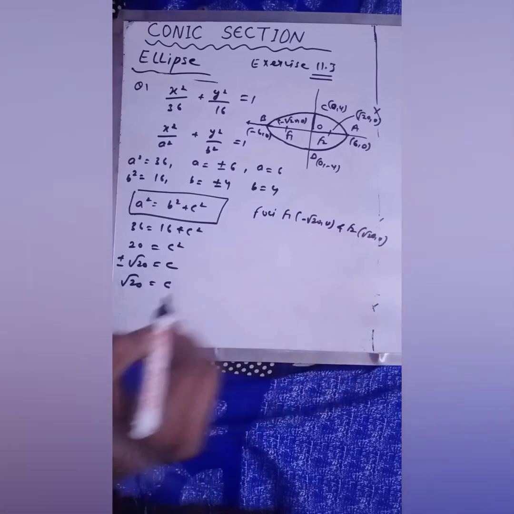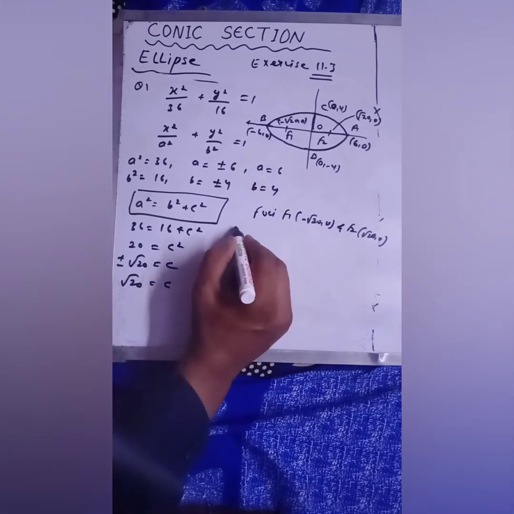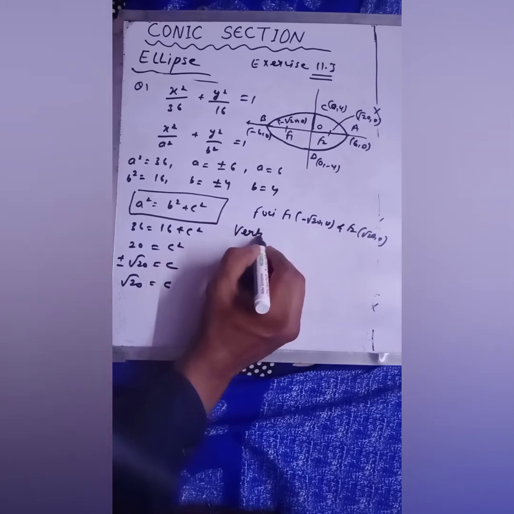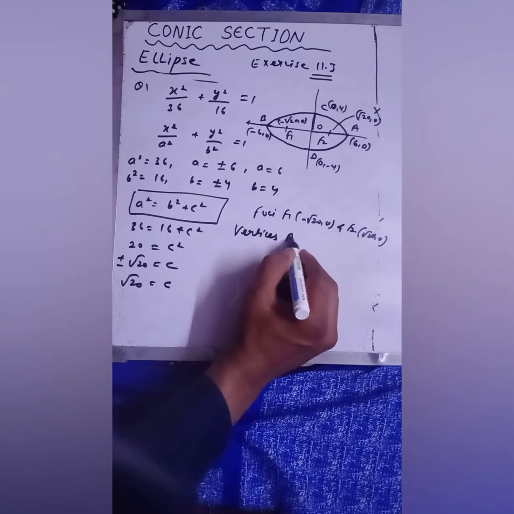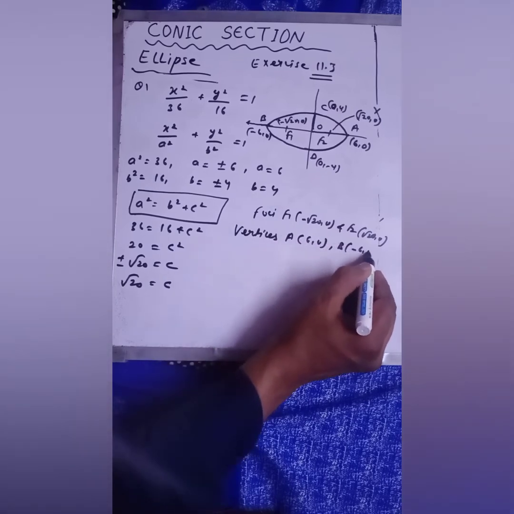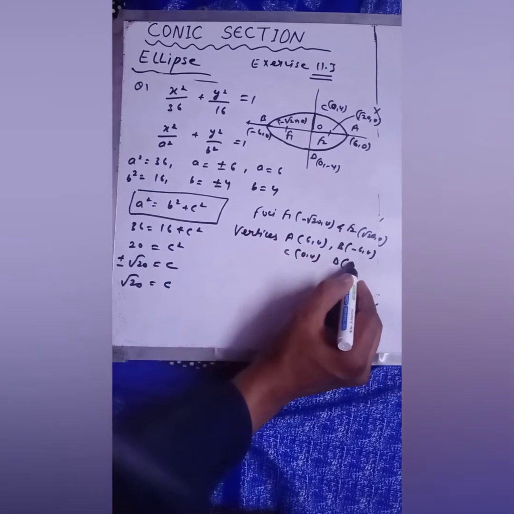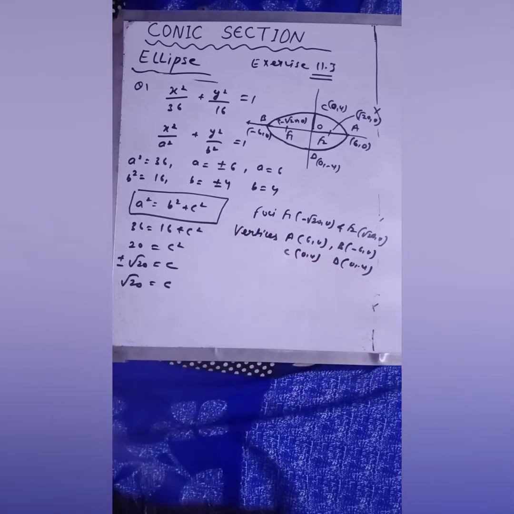This is 20. Okay. सेकेंड इसने मांगा है वर्टिसेस। वर्टिसेस ए जो वर्टेक्स होगा आपका दैट वुड बी 6, 0, बी जो होगा बेटा आपका हो जाएगा -6, 0, सी जो आपका होगा 0, 4 और डी जो आपका होगा 0, -4। ओके।